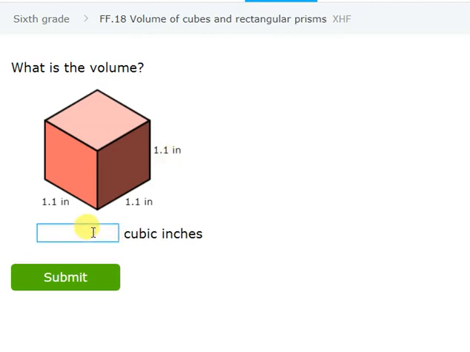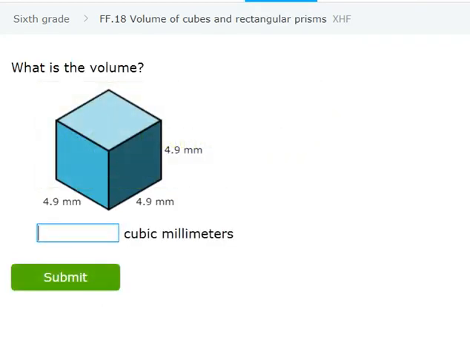So in the answer I have to move 3 decimal places to the left. 1, 2, 3, so the answer should be 1.331, isn't it? Yes. So the final answer should be 1.331 cubic inches, right? Okay, the next question, let me change some questions so that we can cover all types